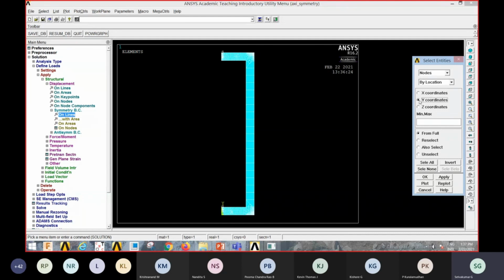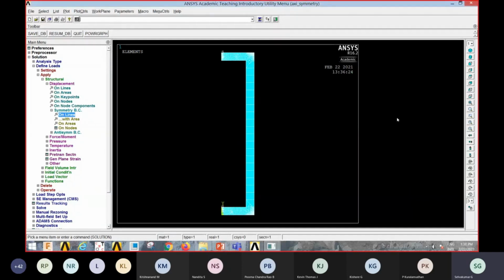Y coordinates means here I am setting the middle of this cross section, y coordinates value, minimum comma maximum. Here I am giving the minimum value 50. Means at the middle I am restricting. At the middle of this channel, y is equal to 50 means exactly somewhere here I am constraining the movement. Okay, here this one, right.